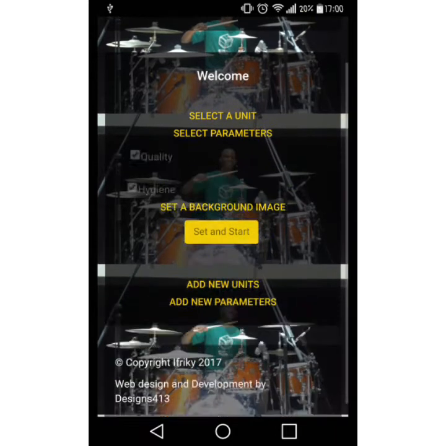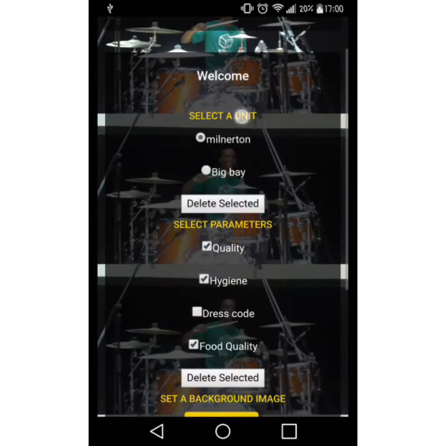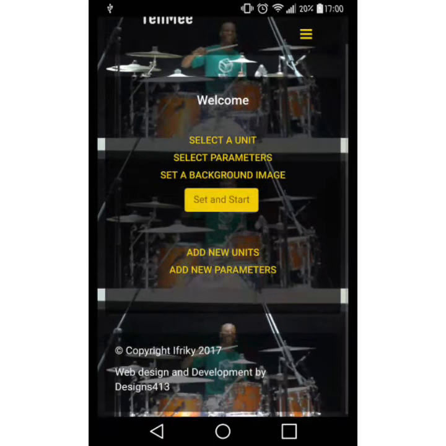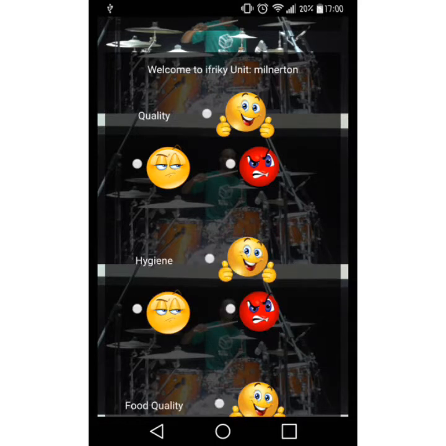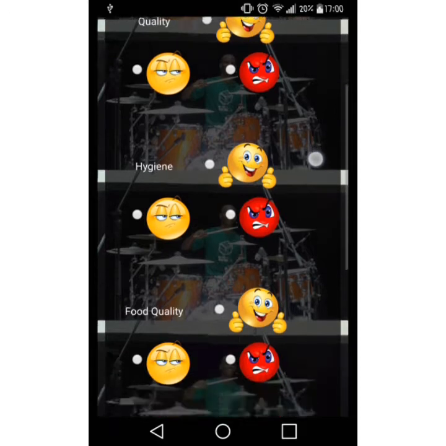You don't need to close the dialogues. You can leave them open. It doesn't really matter. And you click on set and start. Once you click on set and start, it's going to show you a little preview of the interface that your